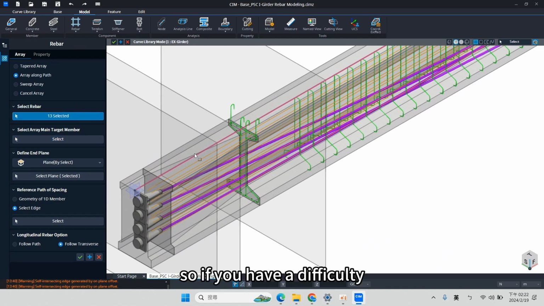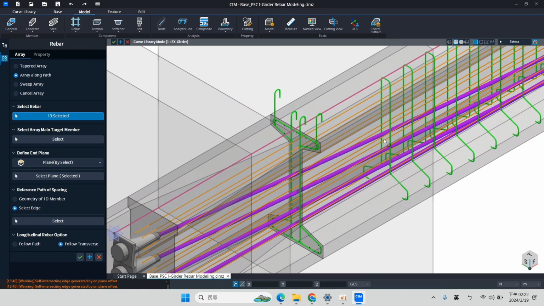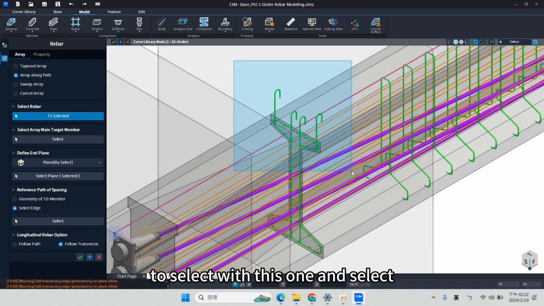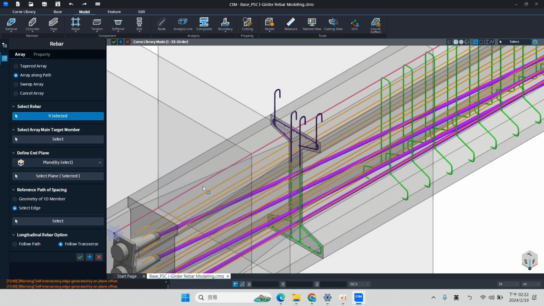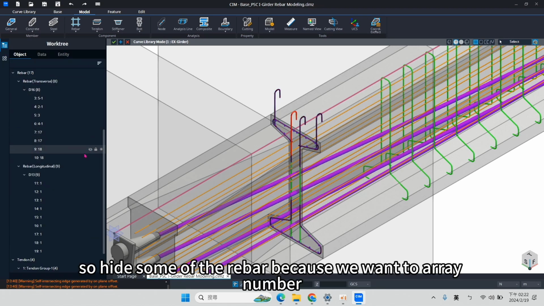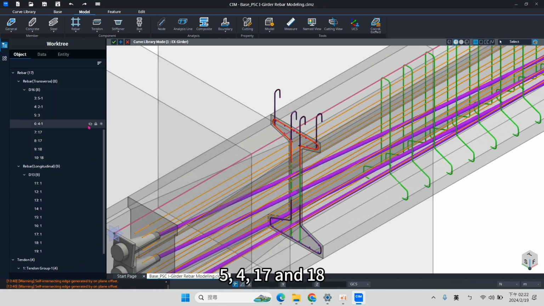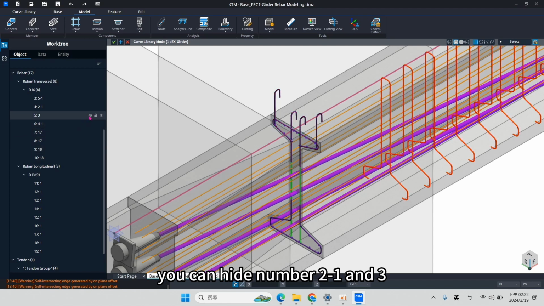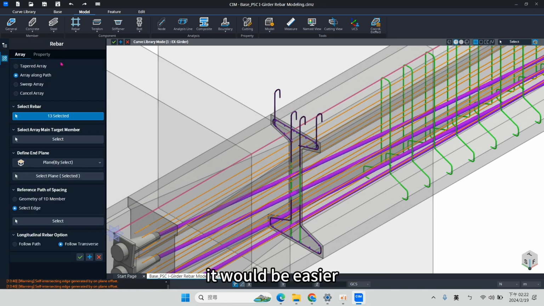If you have a difficulty, for example to select maybe this one, then select just the bottom part. You can also hide some of the toolbar, because we want to array number 5, 4, 17, and 18. You can just type the number 3 and number 2. It will be easier, but it will take a longer time. It depends on what you need.